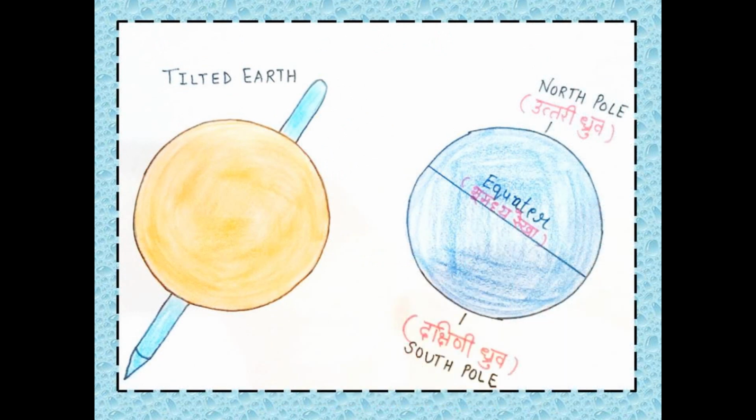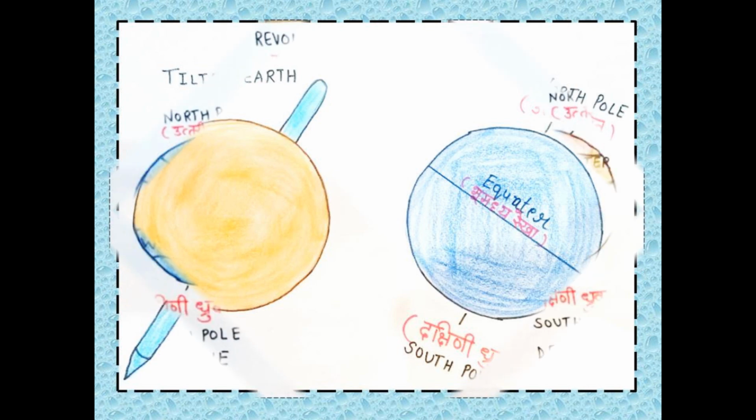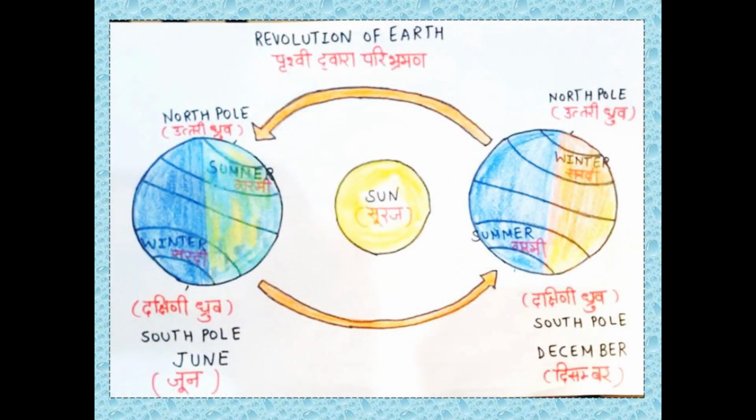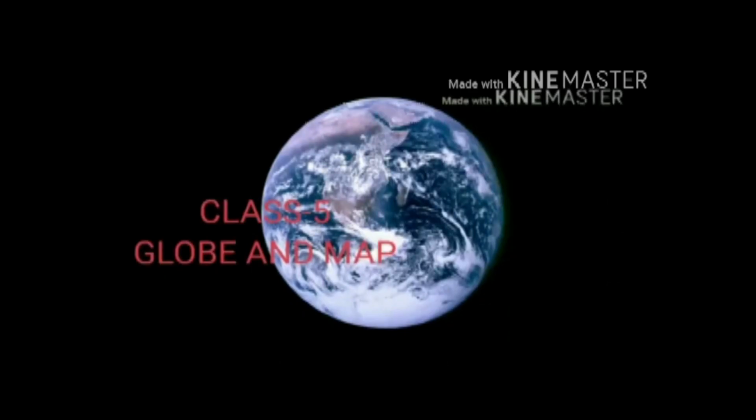Now, you will be watching the video to make you understand the difference between a globe and a map. Please listen carefully. Hello students, today we'll discuss the study of earth using globe and map. Model of earth is called globe, using which we can see the entire earth. Map is a sketch of the entire earth or a part of it on a flat surface.